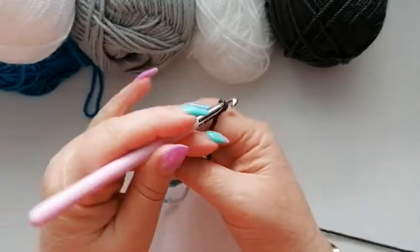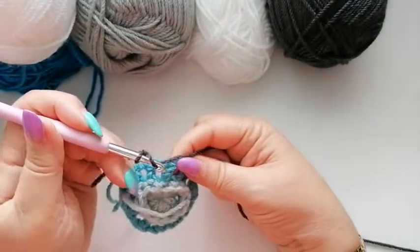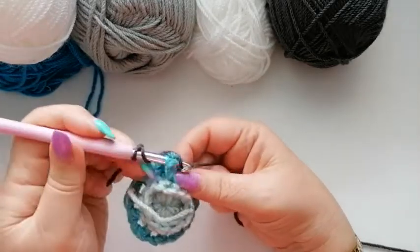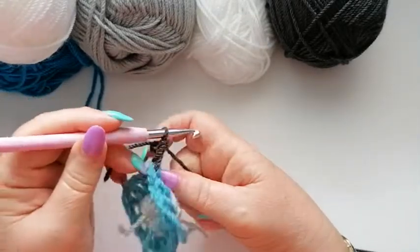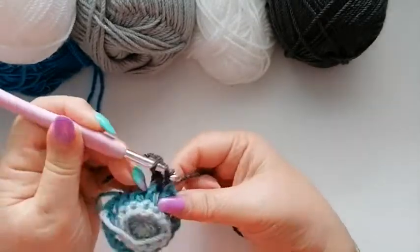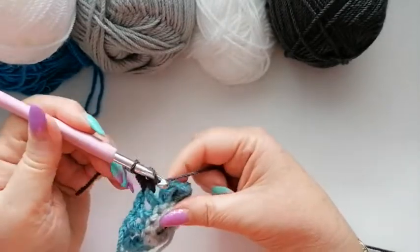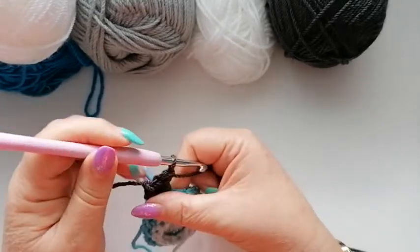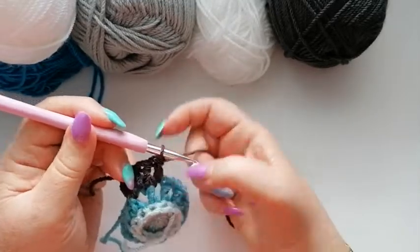place to work in. So I'm going to work a standing front post double, which is yarn over the hook, behind the stitch pick up a loop, yarn over through 2 and yarn over through 2. I'm going to work a double in between the 2 stitches here, and then we go straight on to the next back post double and work a front post double around that stitch, a normal double into the space, and